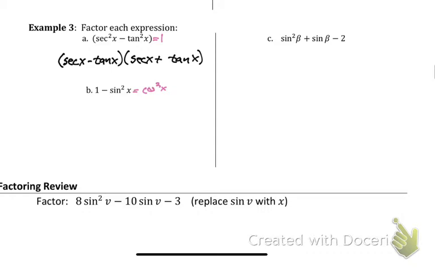So to factor this, you have to remember that this really is a squared minus b squared, where I can rewrite this as a minus b times a plus b. So it is 1 squared minus sine squared. So if I was asked to factor this, I could change this to 1 minus sine x times 1 plus